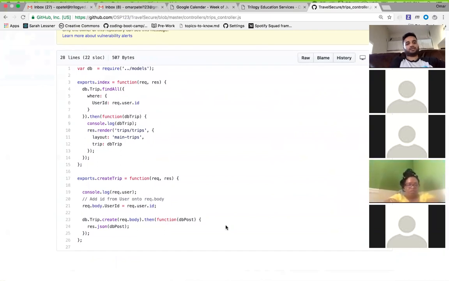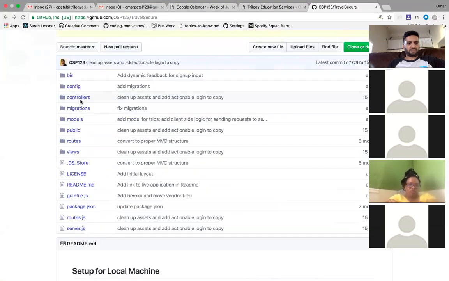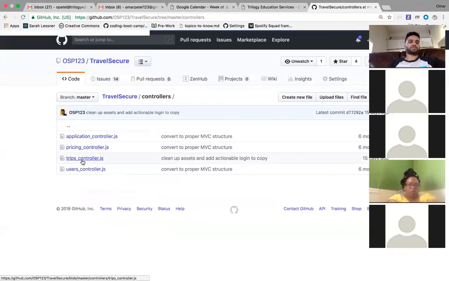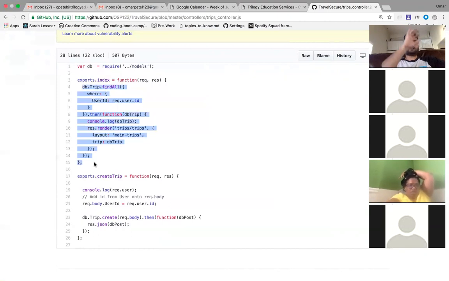So let's see. We're not going to models. We're going to controllers. Oh, I did go to controllers. Why did it look? Oh, no, I was in the right place. Okay. So we go to trips controller. And over here, we have two functions, right? We have index and we have create trip. So index, what it does is it has the following. So if I wanted to